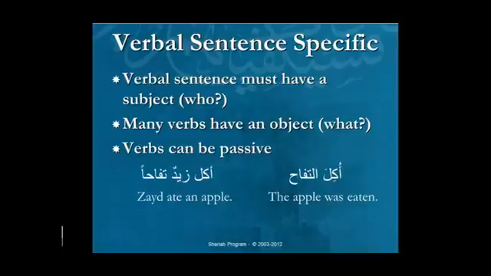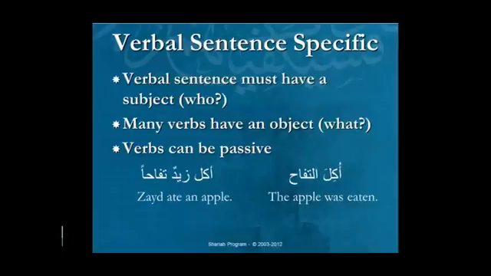correct the inaccuracy. In the previous development of the topic, we gave the impression that Rafa meant subject, Nasab meant object, and Jar meant possessive. Now we're saying that Rafa is a broad category, and subject is an example of Rafa, and there's more. Nasab is a broad category, object is an example of Nasab, and there's more. And similarly, Jar is a broad category, and Mudaf ilayh, in other words, the second half of the possessive structure, is one example of Jar, and there's more. So how are these assigned? We're going to talk about that as we move forward with the presentation.